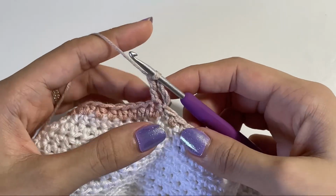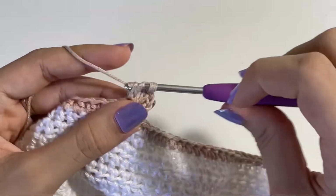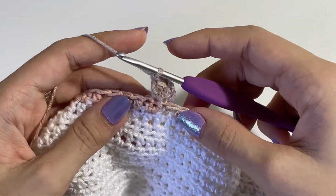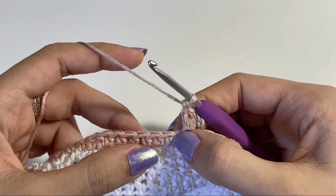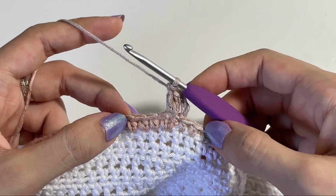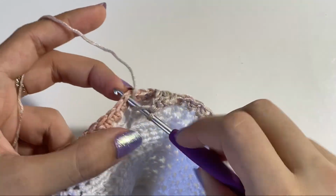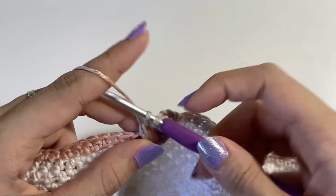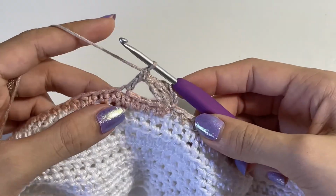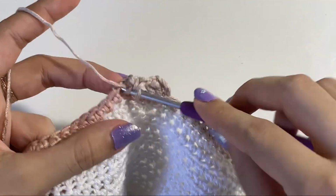Okay, just like that. We're going to place 1 more double crochet in that same stitch. Now we're going to skip 3 stitches, and into the 4th stitch we'll place a double crochet. So yarn over and insert your hook into the first stitch, making 1 double crochet. Then we're going to place 1 more double crochet in the same stitch,